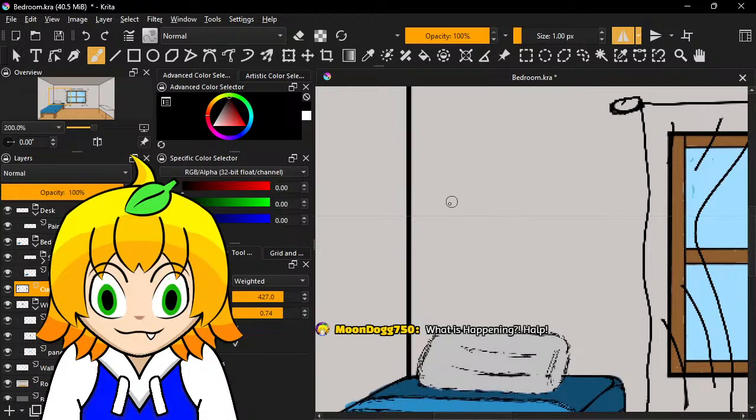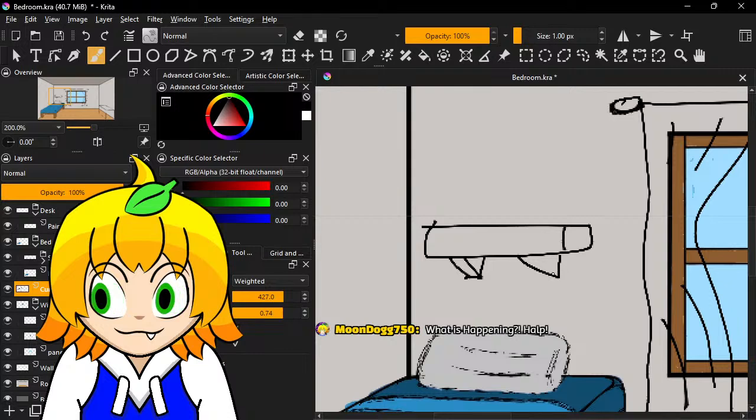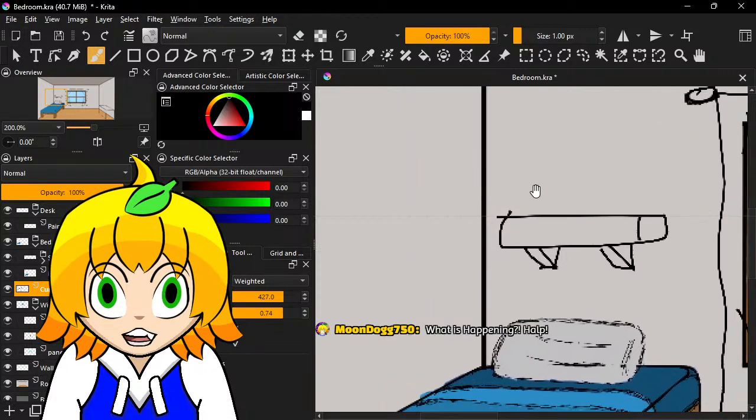Kind of want to put a little shelf above the guy's head. Put a little shelf here. Because everyone needs a shelf full of books right above their head.